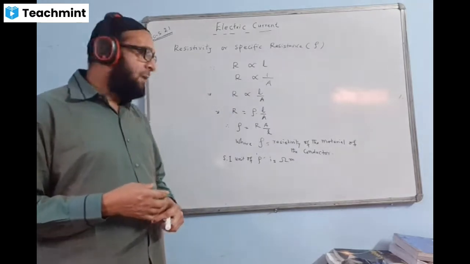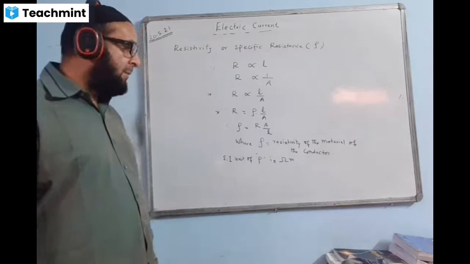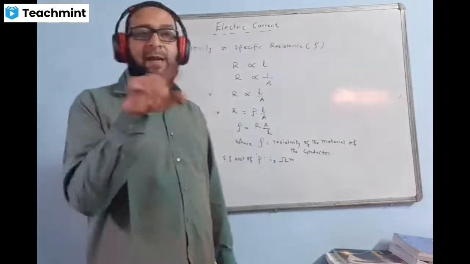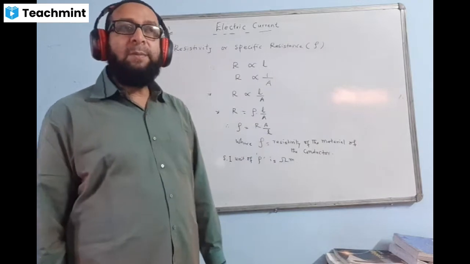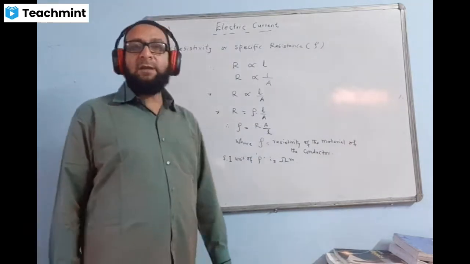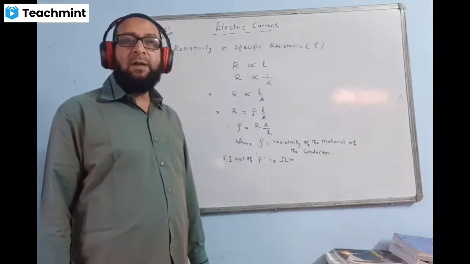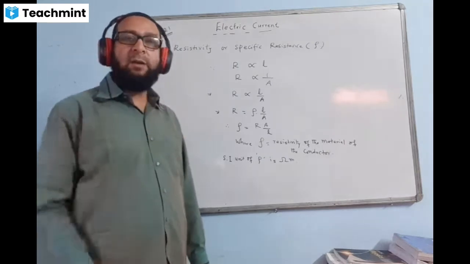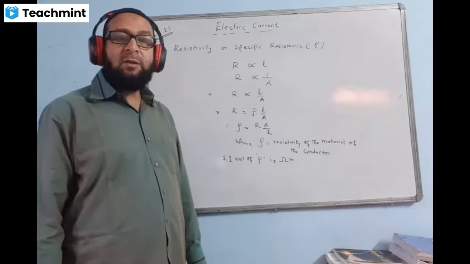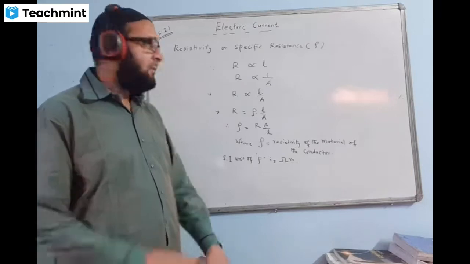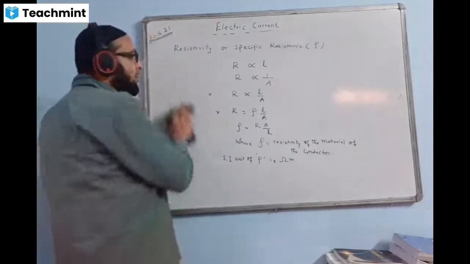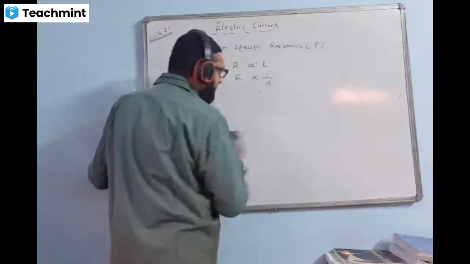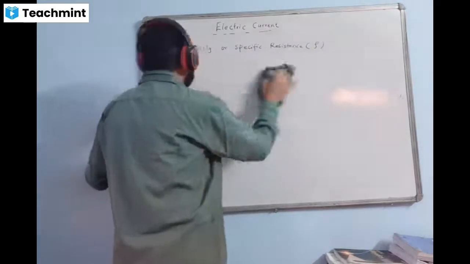You have to read the questions very carefully because this question had come in the past in ISC. They had given a wire has a resistivity X. What will be its new resistivity when its length is doubled? You say it remains X. The new resistivity will be the same value, X only, because resistivity does not depend on the length. Hope you understood. You have to be careful and write the answer correctly.